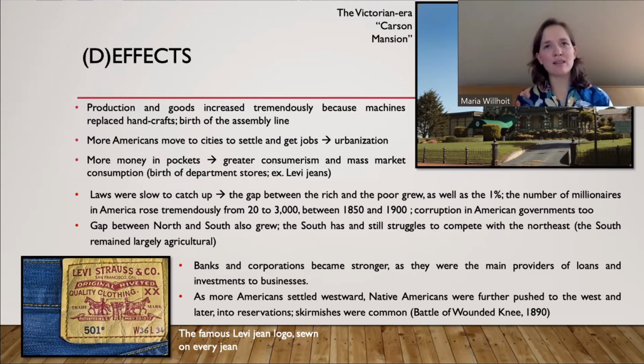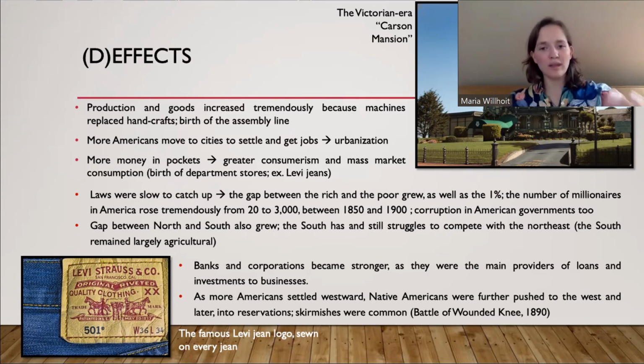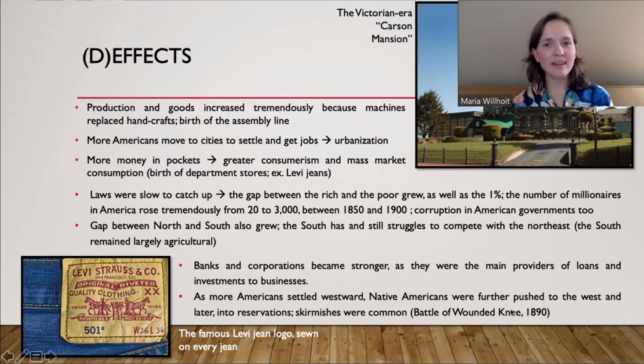And really, the climax of this moment comes in the Battle of Wounded Knee, which was kind of seen as the last great battle between Western settlers wanting to move into Native American lands and Native Americans just trying to live, trying to defend themselves. It's seen as the end of Native American expansion or growth in the 1890s. And it starts to begin the period of reservations and government intervention.